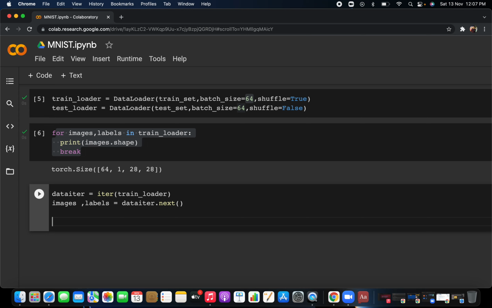Then if you want to see only one image, with the help of matplotlib you can plot it. In that batch you have a total of 64 images, and you are just seeing the first image. You are converting it to numpy, because it is a tensor, and if you give a tensor as input to matplotlib, it will give you an error. So you have to convert the tensor back to numpy. You can do that with dot numpy; we already saw this in the part 1 video.